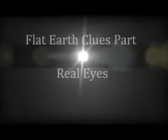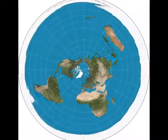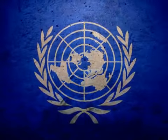Flat Earth Clues, Part 12. Real Eyes. This is part of a series of clues that can help you get your head around both the design of the flat Earth system we live in and who has been involved in the deception to hide it